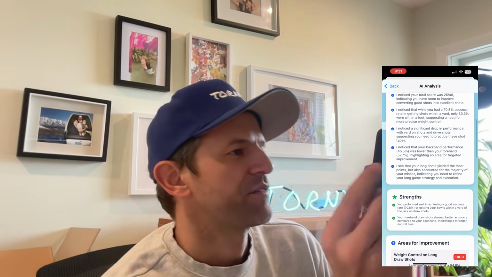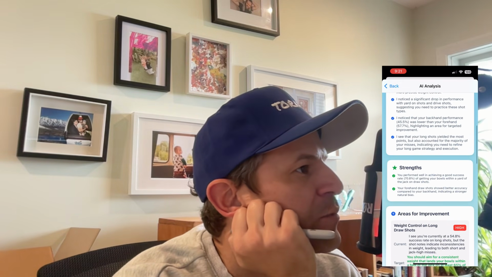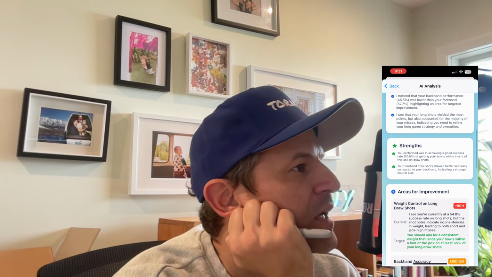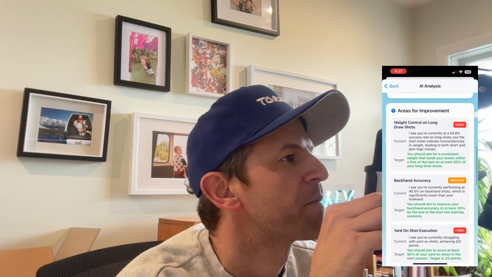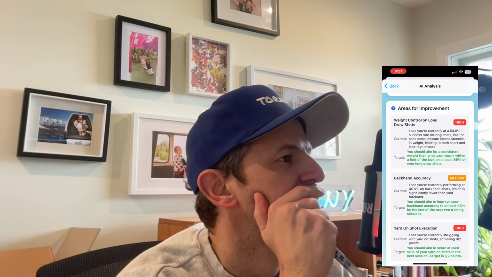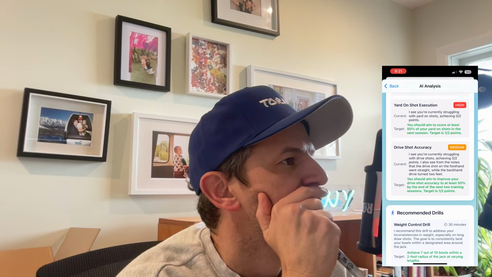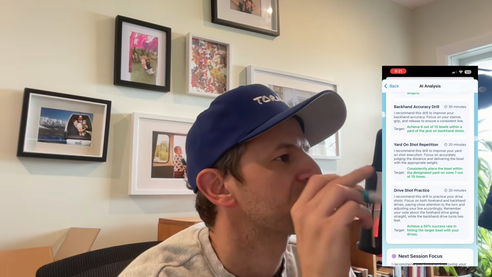So you see that down the left hand side, strengths: you perform well in achieving a good success rate, 70.8% of getting your bowls within a yard of the jack on draw shots. Then areas for improvement: weight control on long shots. You're currently at a 54.8% success rate on long shots. Drive shot accuracy, recommended drills: weight control drill, achieve 7 out of 10 jacks within da-da-da. So, yep, it's just giving us some little recommendations about what we can do, but we could turn those into